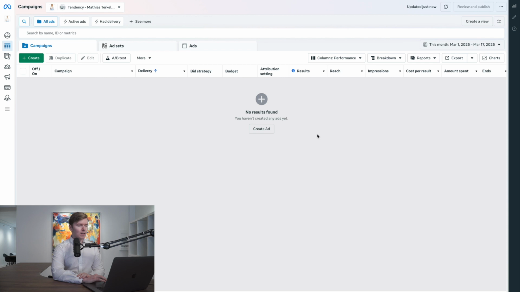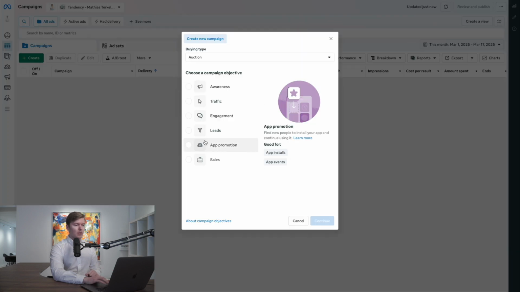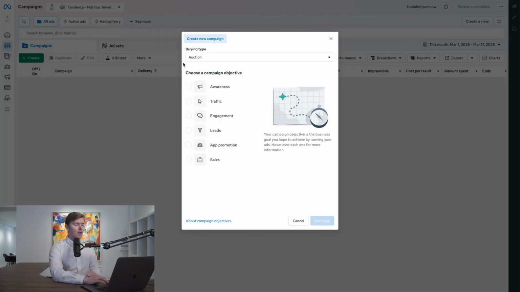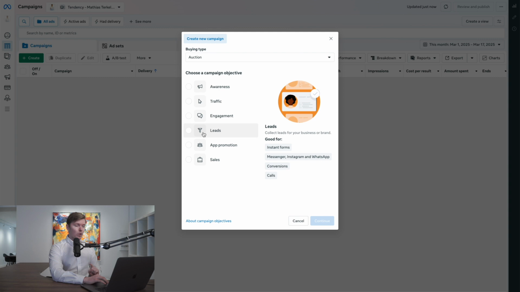So let's jump onto the computer here, head to your ad account. If you haven't set up an ad account, go to business.facebook.com and create an account and get your ad account set up. Once you're here, what we are basically going to do is go to create and create a new campaign. So you get a few options right here. Now, we are going to want to select leads because that is the target of this campaign.